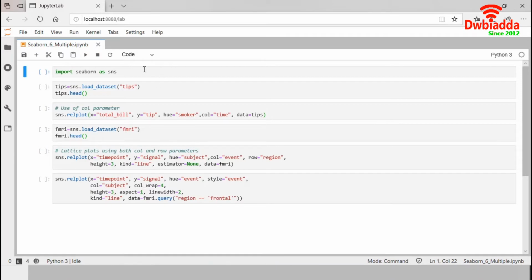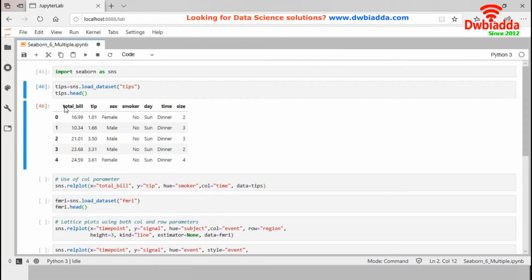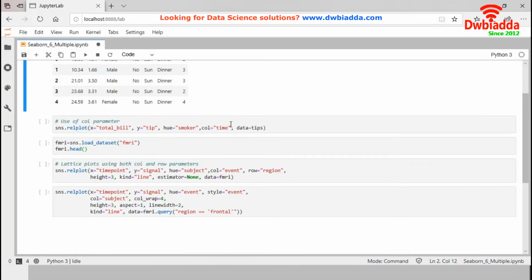Similar to our previous session, first we import Seaborn library. Now, we load tips dataset into tips local variable. Tips dataset contains total 6 variables, and of them total bill, tip and size are numeric and others are categorical variables. We will generate our first lattice plots using this relplot function.